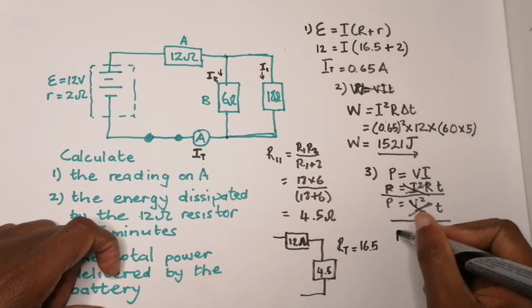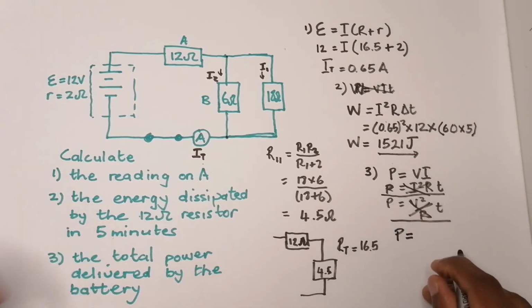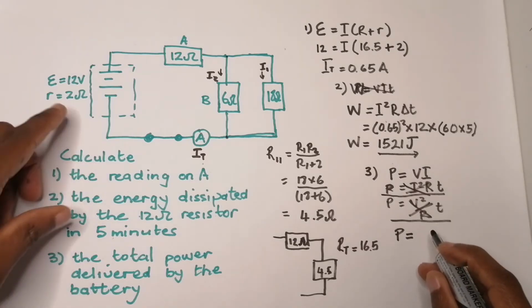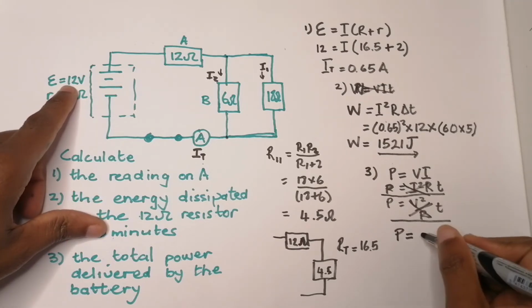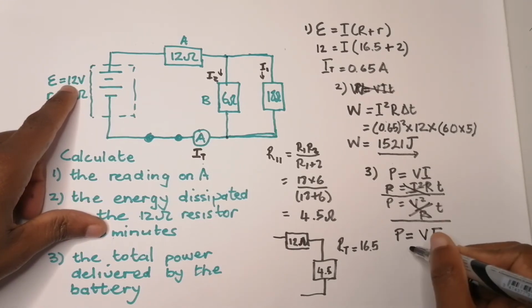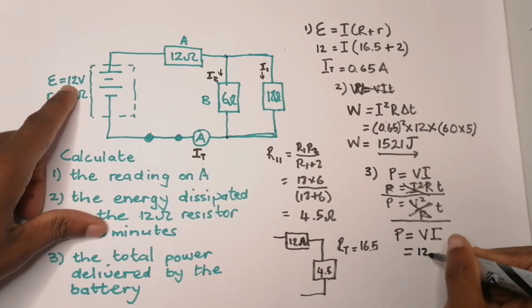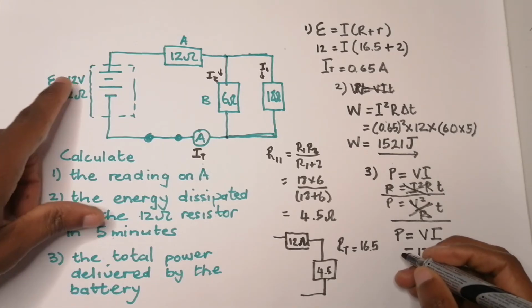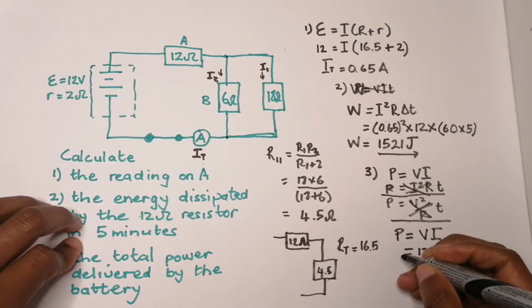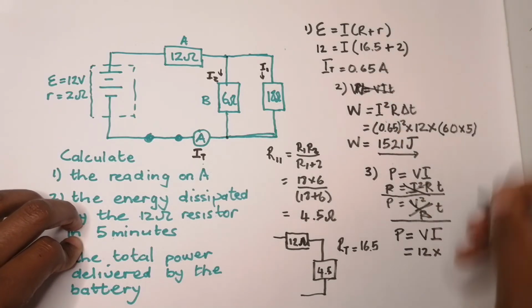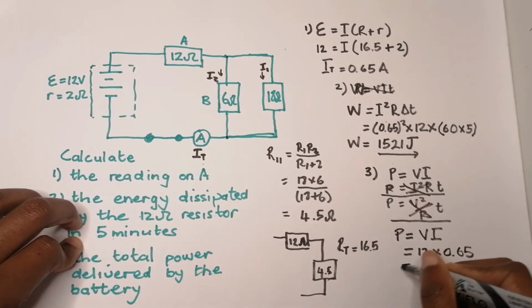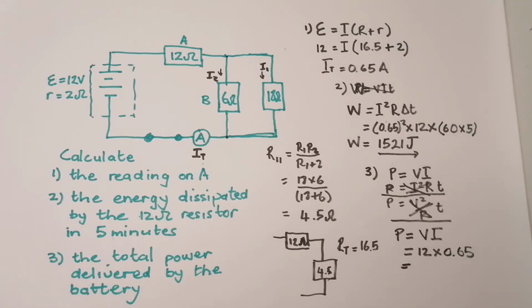The question is, if I wanted the total power, which voltage am I going to use? And I'm sure someone has already thought of it. Of course, I'm going to use the EMF there. So it's going to be V times I, but the voltage that I would use there would be the EMF. And what is the current that's delivered by the battery? Of course, it's the total current. It's the one that we calculated before. So that's 12 times 0.65, and we get a value of